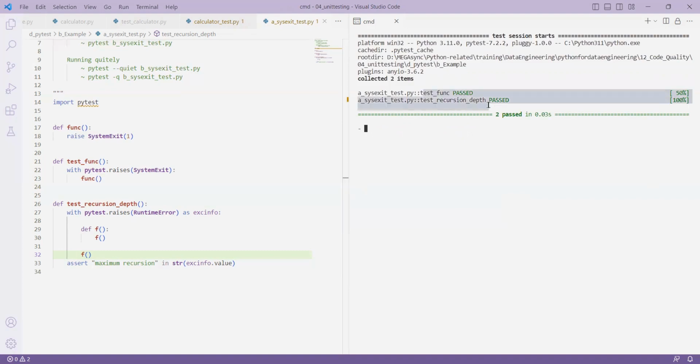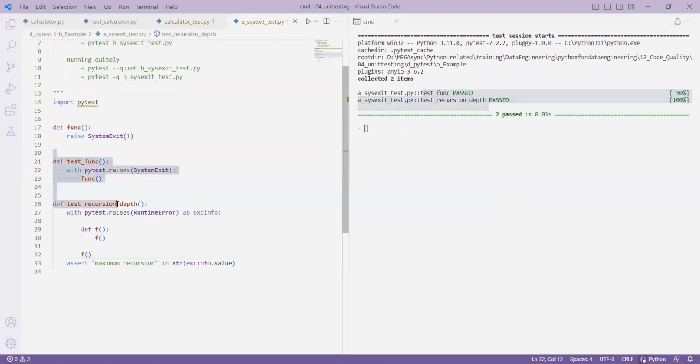Both the test cases were passed. Did you all understand how we are handling exceptions? Say I want to handle a zero division error. Test